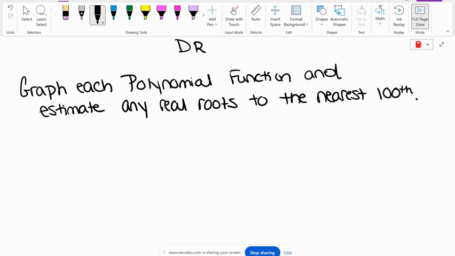So anytime I ask you to estimate the roots, that means I don't need an exact answer. So we are going to use that first method I had showed you, and I'll refresh your memory on it